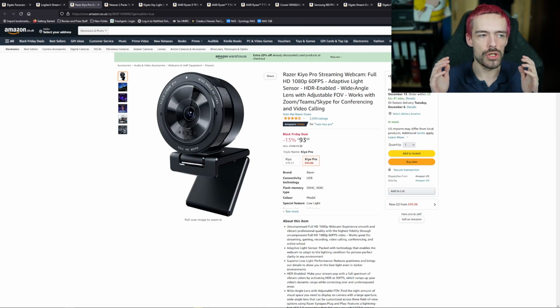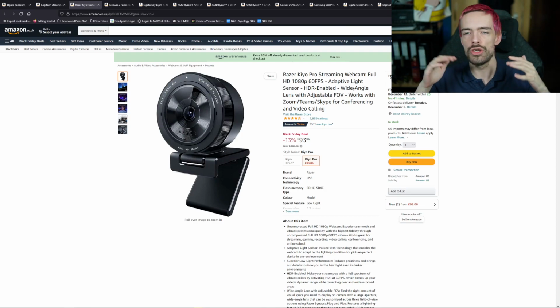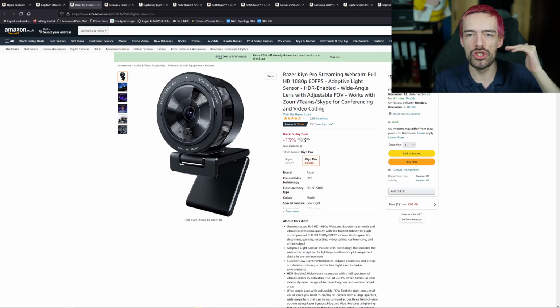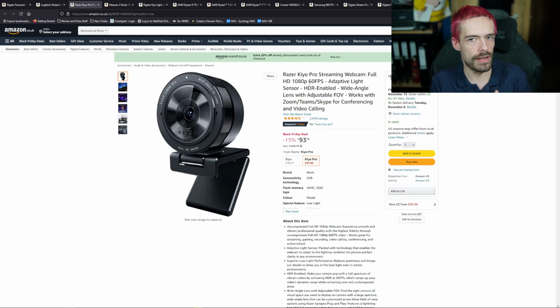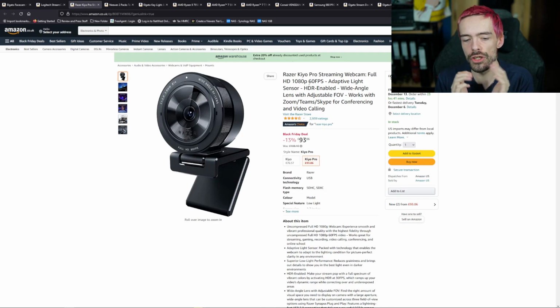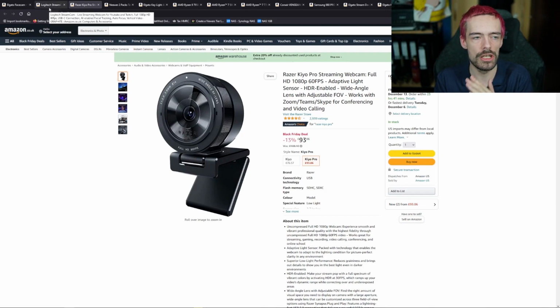This is going to make it so much easier if you're streaming in really dark or really bright locations. So maybe you're not used to controlling your stream lights or something like that. This webcam will help adjust that to improve your quality. But again, I'm not a huge fan of Razer products just because I don't have a good track record of Razer working. But again, if you are fine using Razer, this is probably the better go-to camera, even than the Logitech,